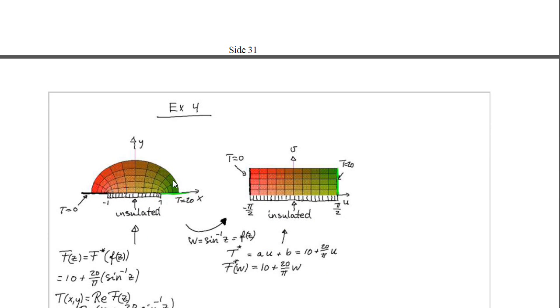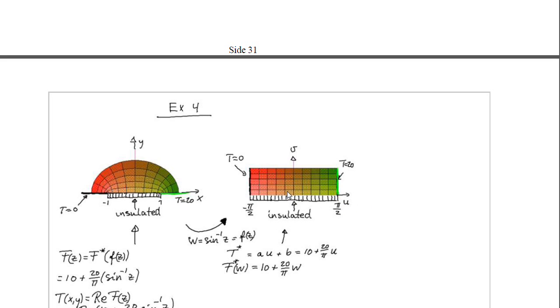So what we have here is the real problem where we are going to find the solution, and taking the inverse sine transform, which is called f of z, we may transform, or map, this region onto this rectangular region, and the temperature boundary conditions are also mapped. So we are mapping this line onto this line and this green line onto this green line. But this is a very trivial problem to solve, because this problem only depends on the x direction,